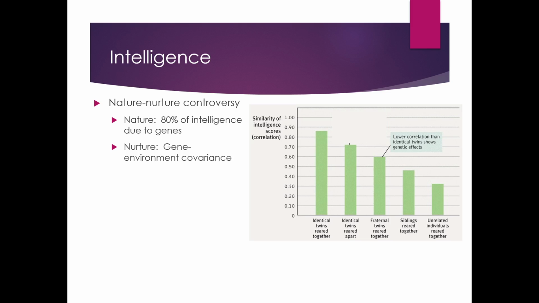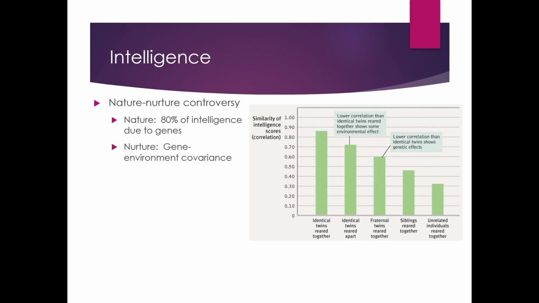So you can remember back when we talked about identical versus fraternal twins. Identical twins share 100% of their genes in common on average, and fraternal twins share 50% of their genes in common on average. So if you have 100% of your genes in common, but you were not reared in the same household, your IQ scores as measured by an intelligence test will be more similar to each other than people who share 50% of their genes in common but were raised in the same household. Through research like this, researchers have come to the conclusion that about 80% of intelligence is probably attributable to genes.